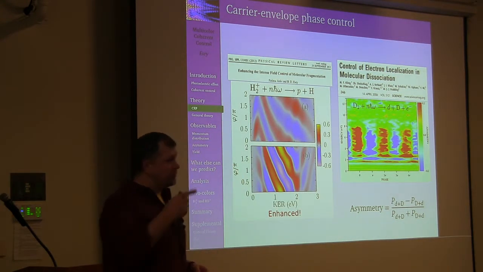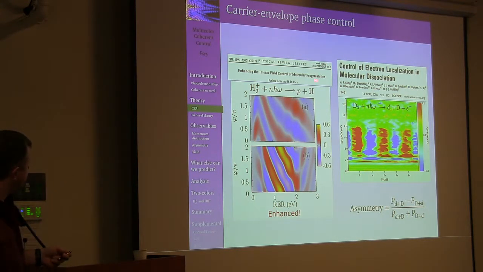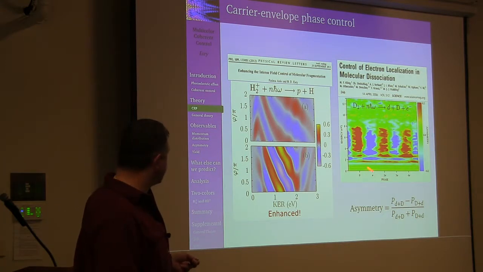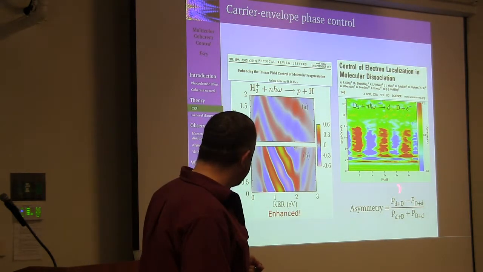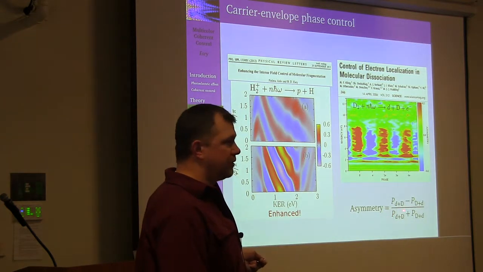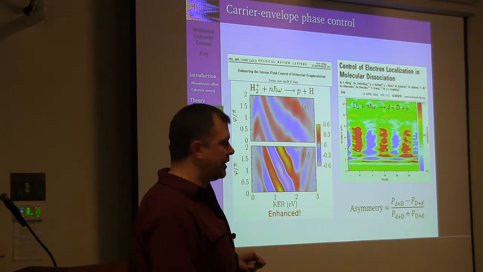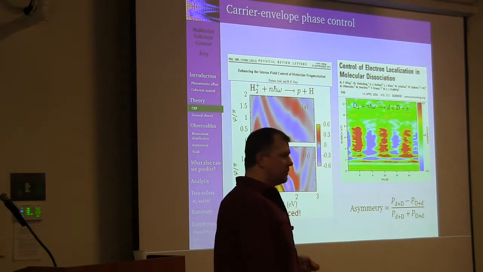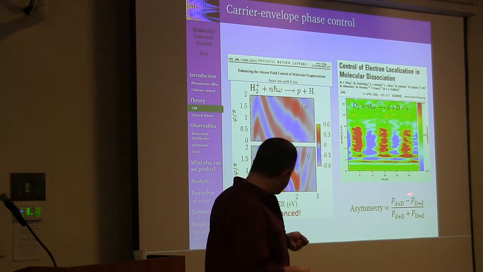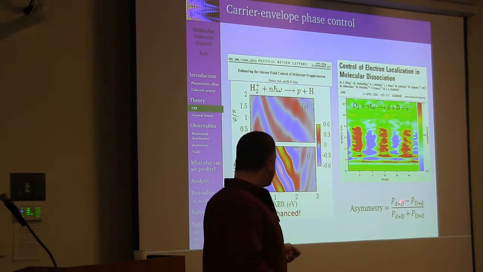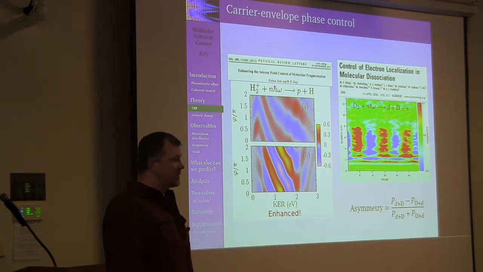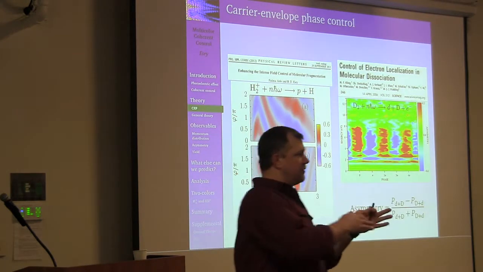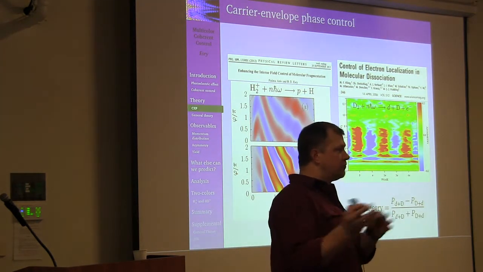Now, we did a little bit more work. This was 2012. We showed how we can enhance these relatively small controls, small degrees of control, because you'll notice this asymmetry parameter, and let's just take a second to think about what that can do. This asymmetry parameter can range from -1 to +1. So if you can send everything one direction, that would be +1. If you could send everything the other direction, that would be -1. Okay? And that's why we use this normalized asymmetry parameter,